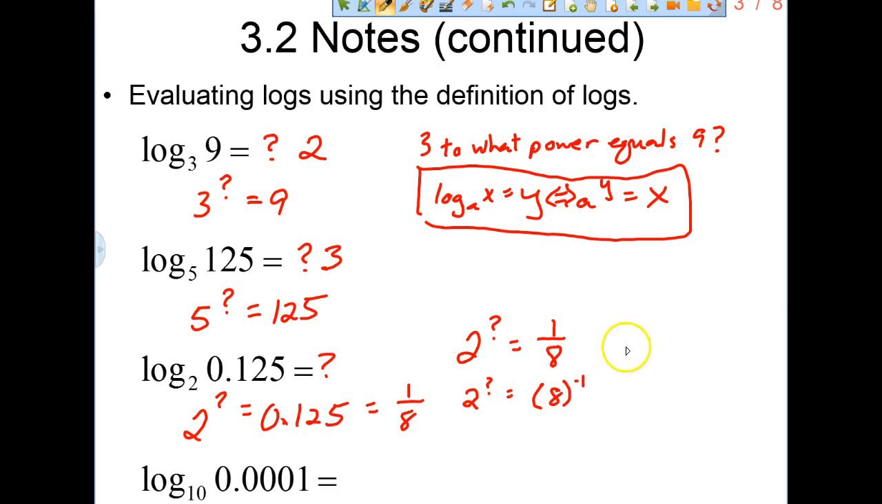So the answer is 2 to the negative third is 1/8. Right? Remember, 2 to the negative third means 1 over 2 to the third, so that would be 1 over 8. All right? In the same way of thinking, if I have the log base 10 of 0.0001, then we can say that